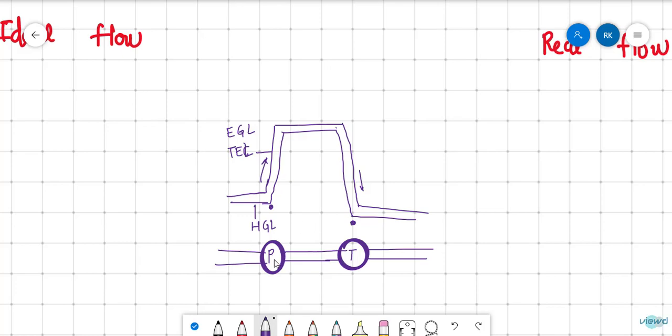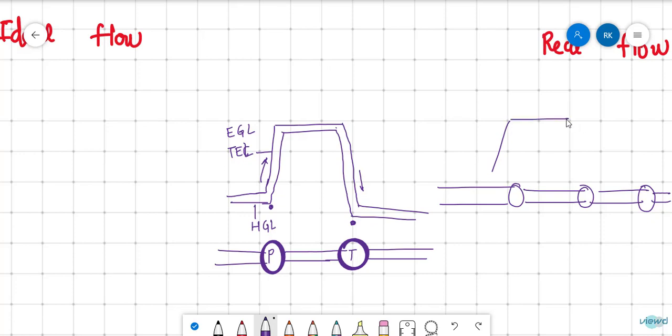So from this we can observe where the pump is placed and where the turbine is placed, and if there are many connections and many instruments, we can represent the total energy line at this point as increasing, remaining constant, and decreasing. Or if the friction effects are considered, then total energy decreases. And here for example, if the turbine is placed here, the total energy line suddenly drops, and due to friction it drops here. And if I place a pump here again, energy is supplied, so energy increases suddenly.